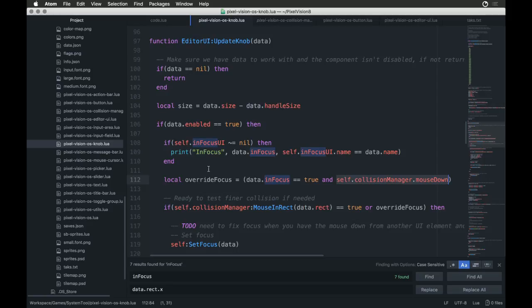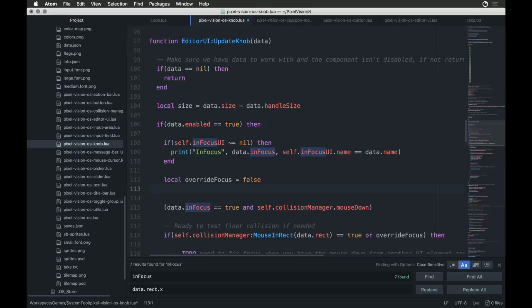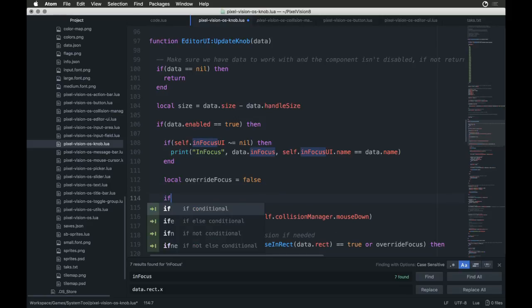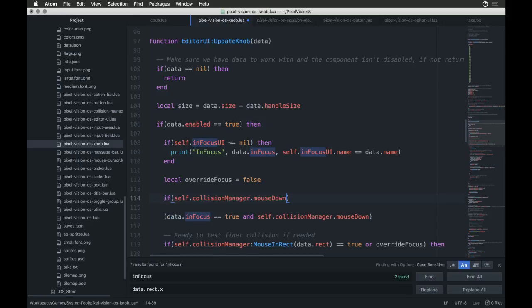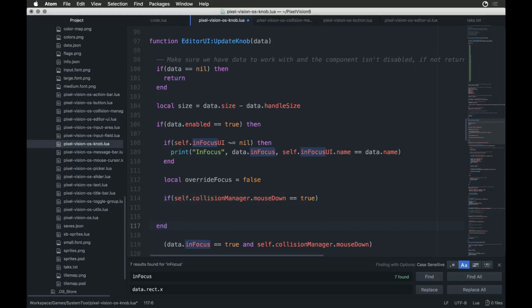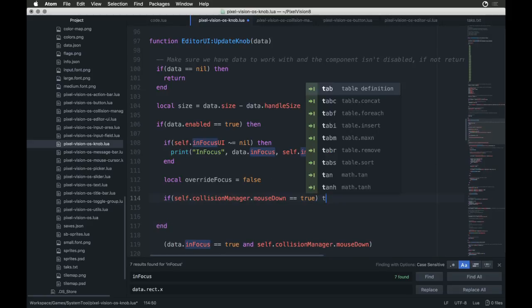What we want to do is look for override focus equals false. I'm gonna break this up a little bit. Override focus equals false if mouse down equals true. Then